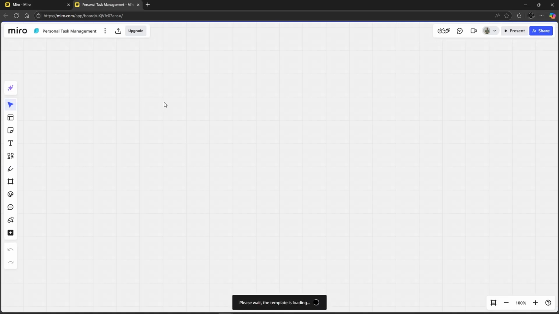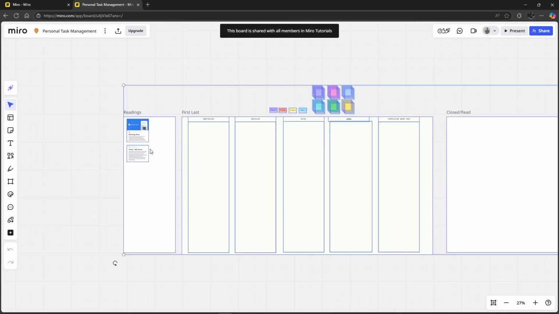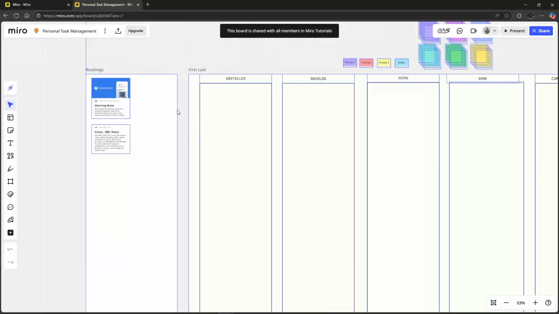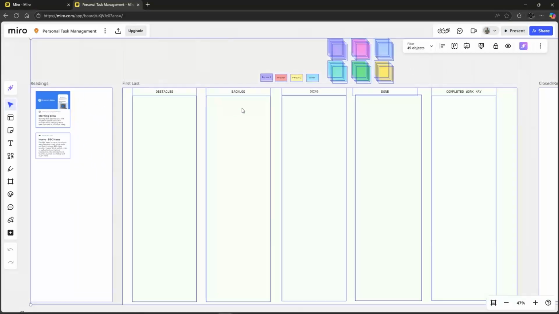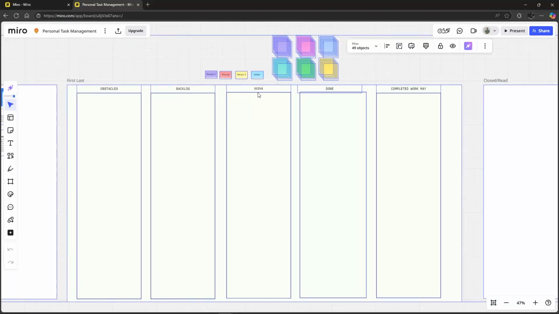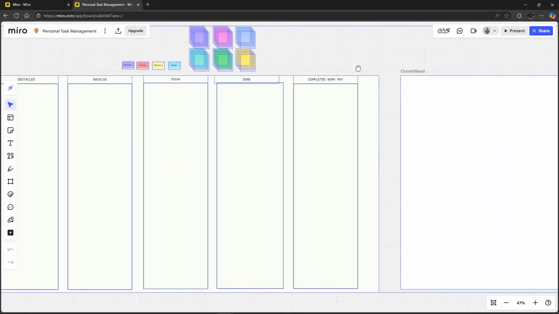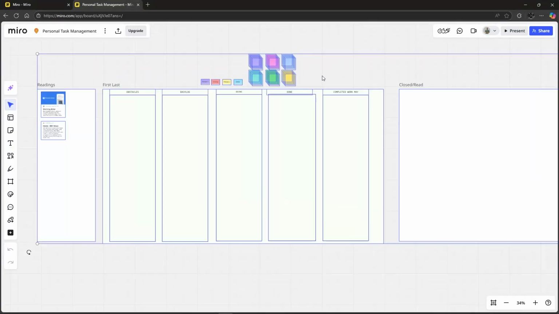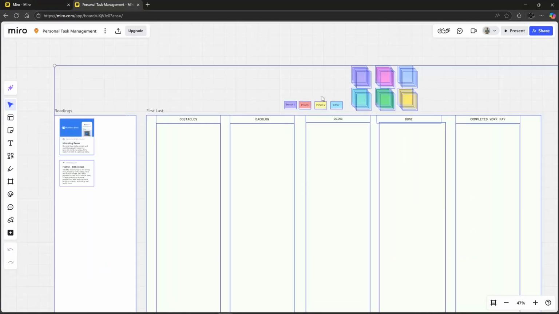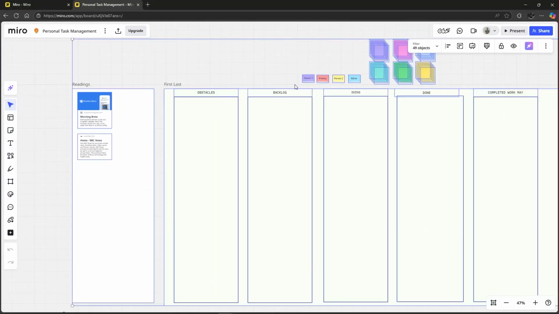because all you need to do is once you've opened up the personal task management, it will automatically save it to your board. Now here you will see the readings right here, and for example, you have the obstacles, you can put the backlog over here, and what tasks you are doing and what tasks are already done, and the completed work. So here you will see it is pretty much a simple task management template, and that's how you use Miro for task